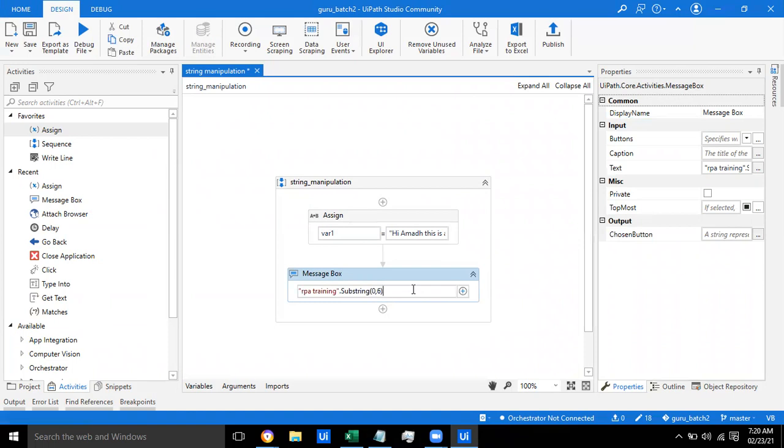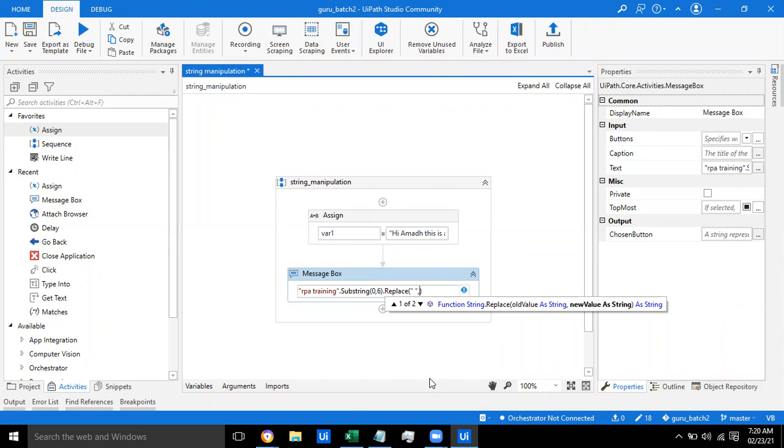Dot replace, replace of. What is the thing I want to replace? The space, with empty. Actually, RPA space TR will be my output, and in that output I don't want the space. I want RPA TR.